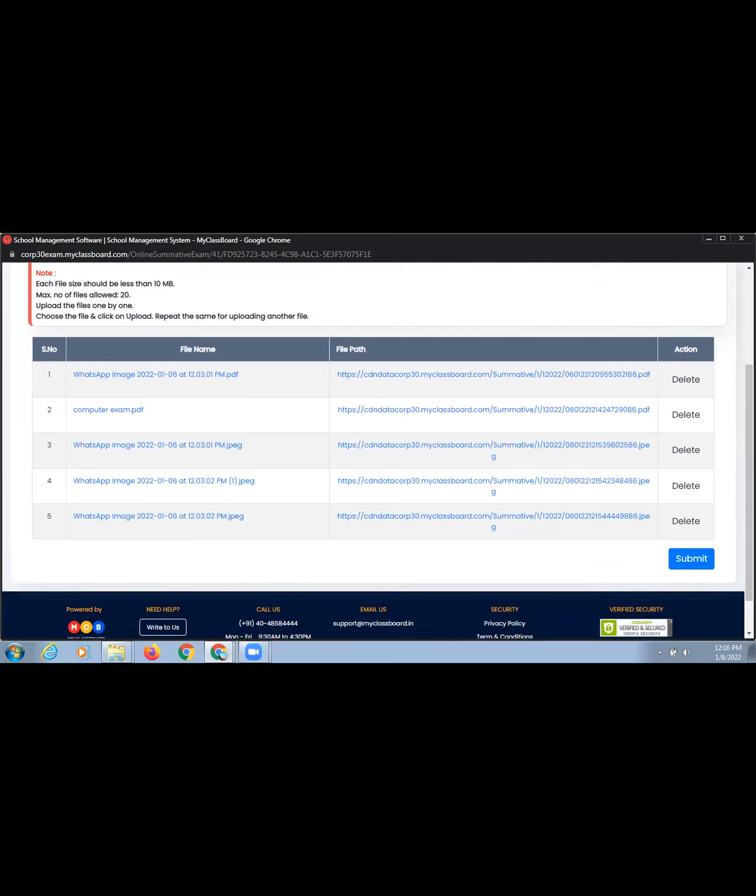I think we are not able to view these files from the laptop right now, but the students who have already attempted the exam from the mobile phone, they were saying that they were able to see these files also. They can open these files and view whatever they have uploaded. I will request the software person to make this correction for the laptop or computer users also, so that before clicking on the final submit button they can also check what they have uploaded, right?